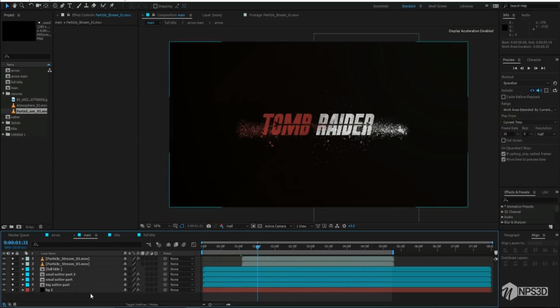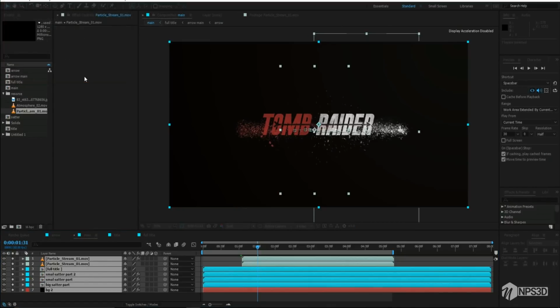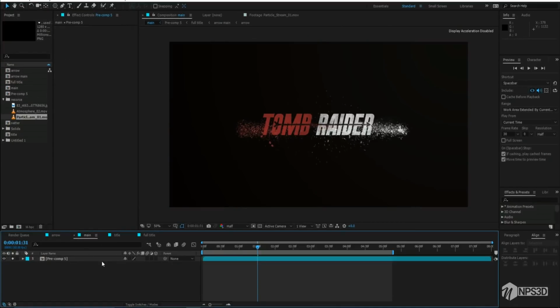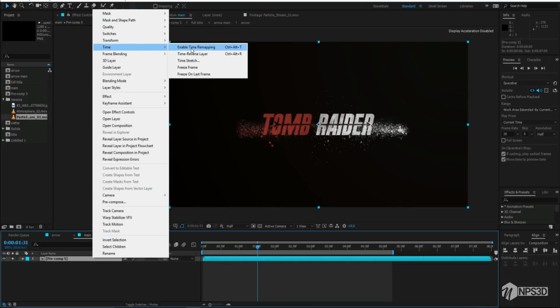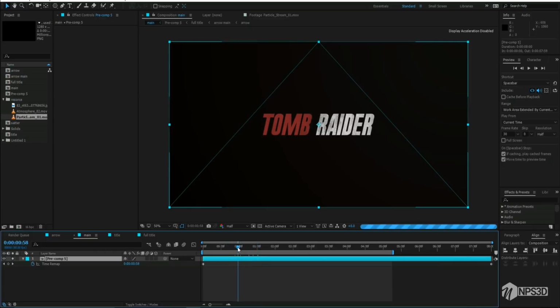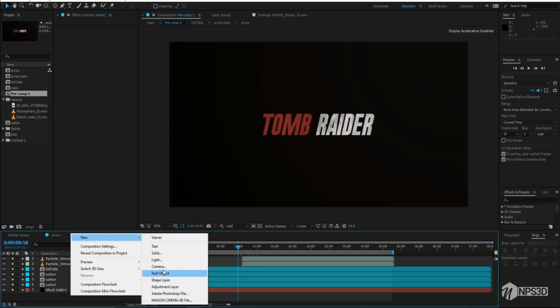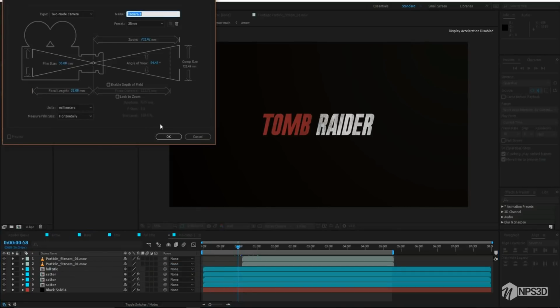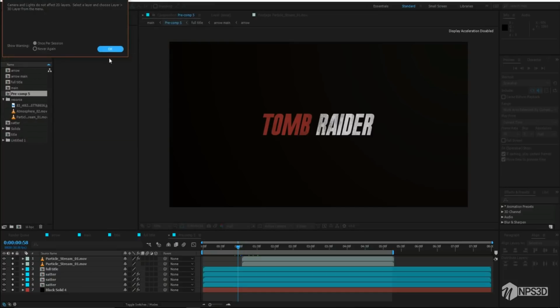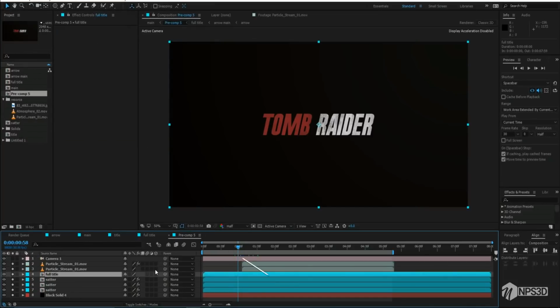Let's make it 5 seconds, right? Select all these things and pre-compose. Right click, time, enable time remapping, so it's smoother, right? But first make a new camera, hit OK, and let's make all the things 3D,